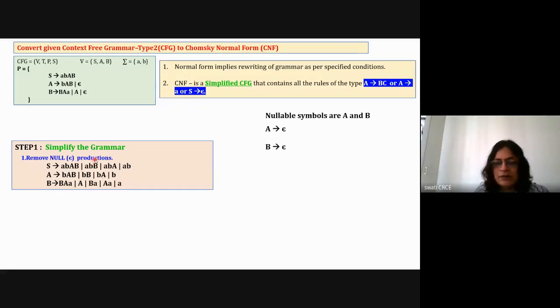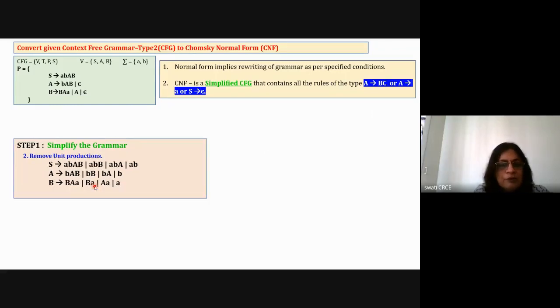Okay, so like this, with B is equal to epsilon removal, I have added all these rules. Now this is done. The first step of simplification of the grammar is done. For nullable symbols, they are removed, and my grammar is the new grammar without epsilon productions. The second step is about unit productions. So now, removing the unit production is the second step.